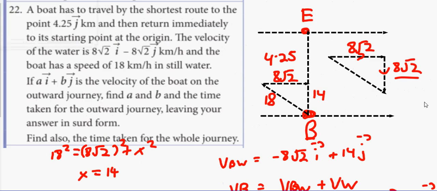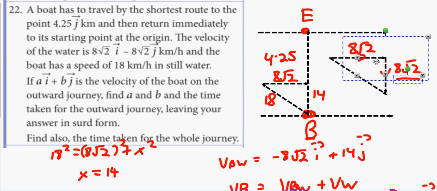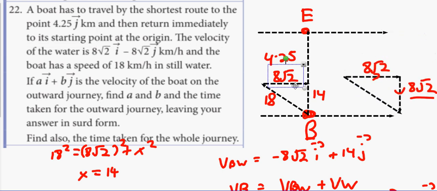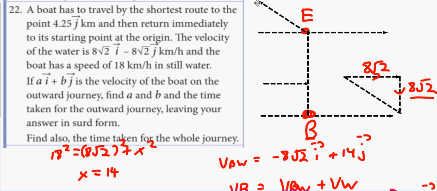Alright. So for those of you that are on 22, the water still does the same thing. So I'm going to leave the water over here. Just going to get rid of this part here. Okay, now you're at the top and you want to come on your way back down again. Now, you're still going to have to aim to the left, but you still want to battle that 8 root 2, don't you? So your 8 root 2 is going this direction here. You're still travelling at 18, which makes this other side the same as last time, which is